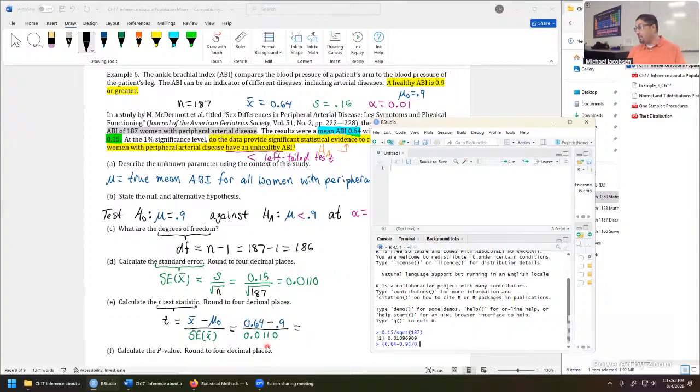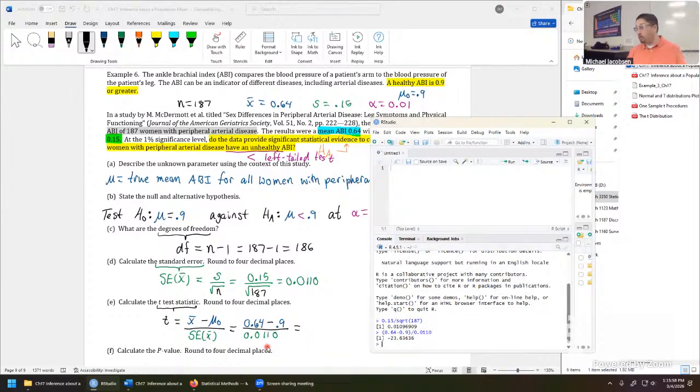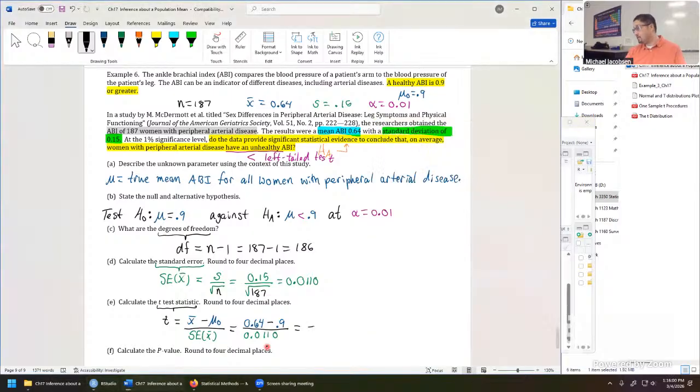So when we divide by that, we get negative 23.6364. That is, in terms of magnitude, a gigantic test statistic. This tells us we are absolutely, assuredly going to reject the null in favor of the alternative. We'll still calculate the p-value, but it's going to be given in scientific notation because it's going to be so minusculely small. And another thought about this is the interpretation of this test statistic is exactly the same as what